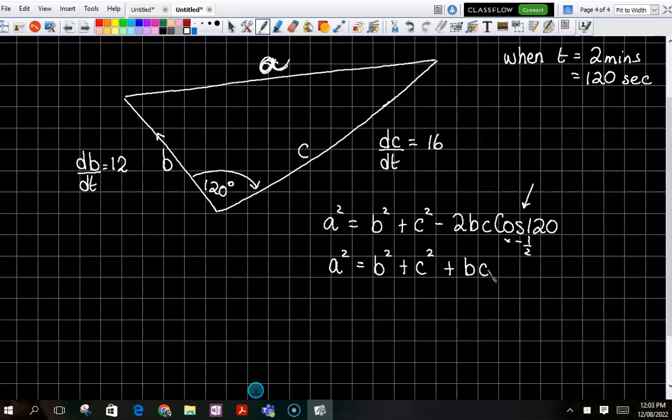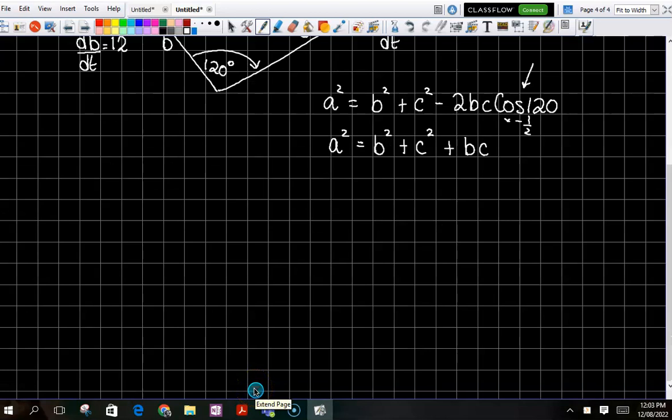So we are a little bit unsure because what's about to happen? It's going to be differentiation. So we end up with 2A dA by dt, we end up with 2B